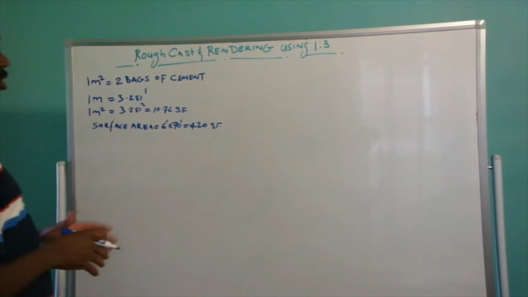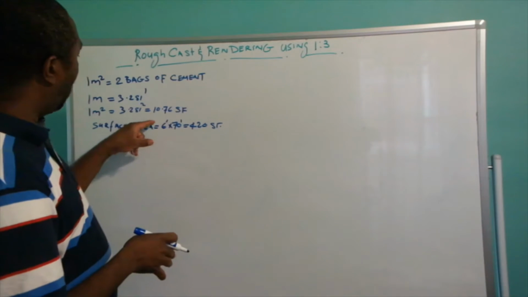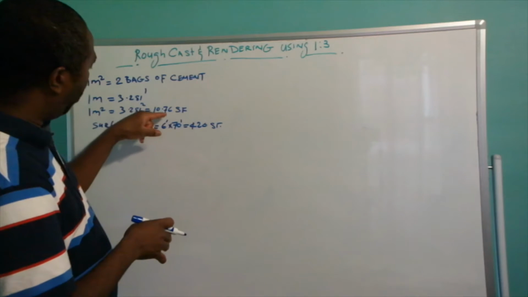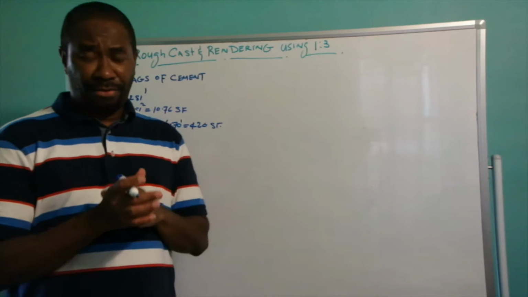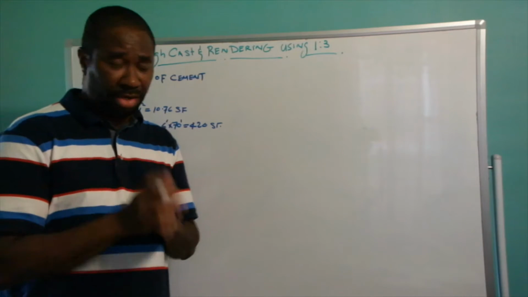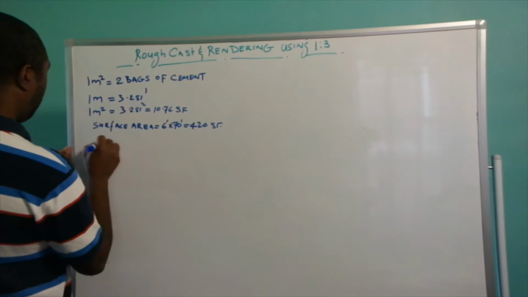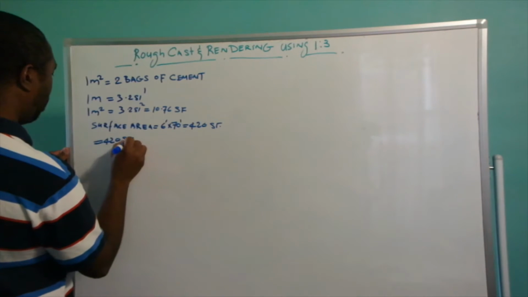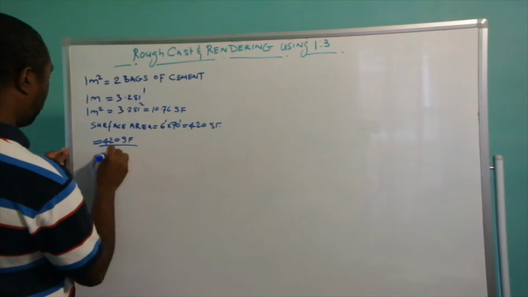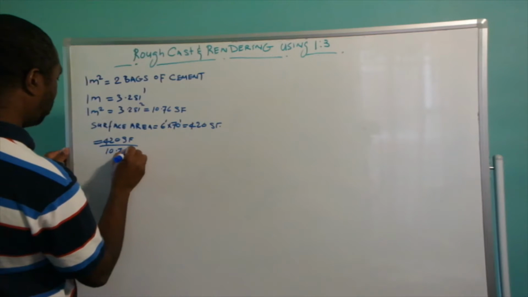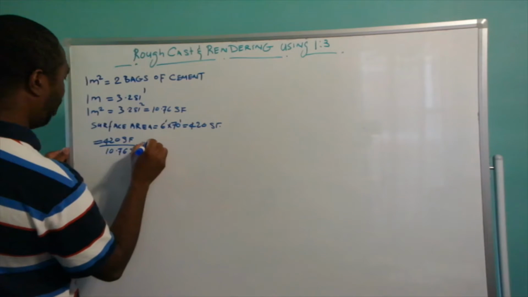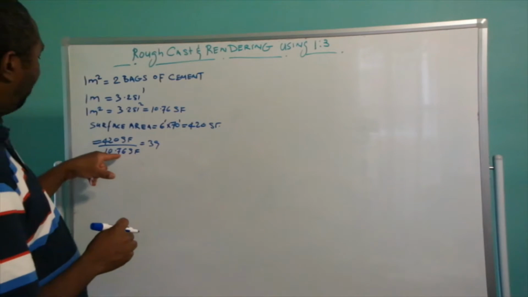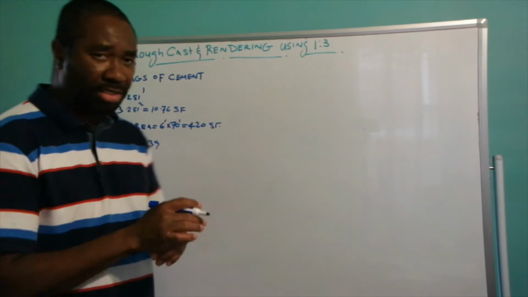Now we need to obtain how many times we can get 10.76 square feet from out of 420 square feet. So 420 square feet divided by 10.76 square feet is equivalent to 39. So we can get 10.76 from 420 square feet